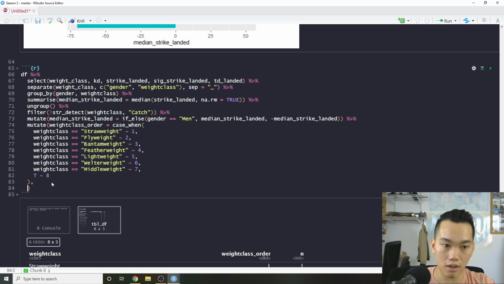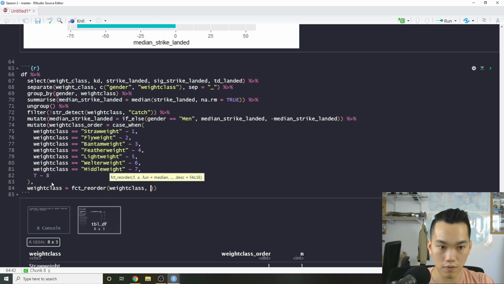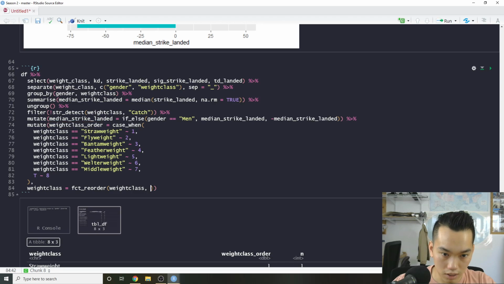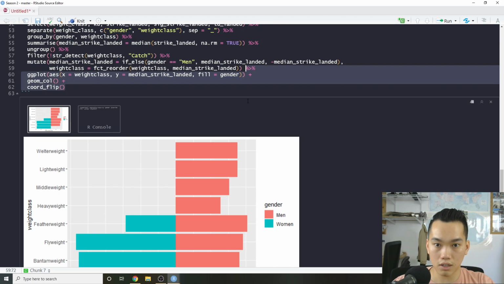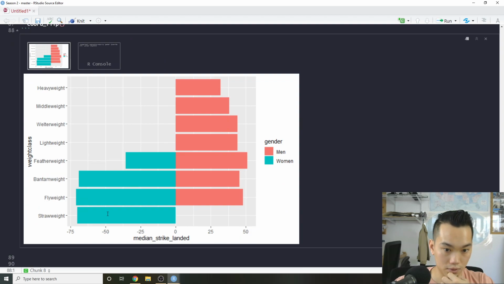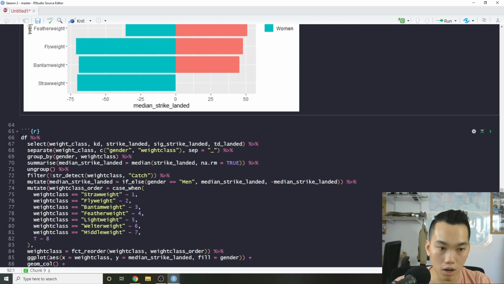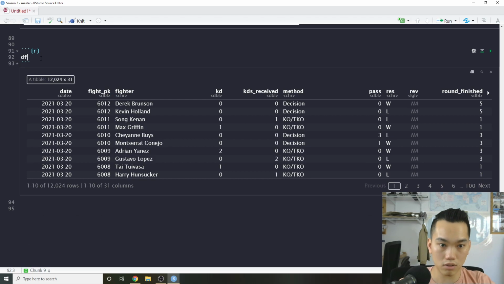And then what we can do is just say weight class is equal to facet reorder weight class function weight class order. Right. And then with that, we can actually plot it out, and it should be in order. Right. So straw weights, flyweights, bantamweights, featherweights, lightweights, heavyweights, etc. Pretty useful right there. Another useful function too, is we can kind of look at count